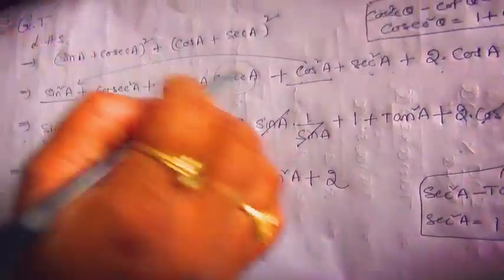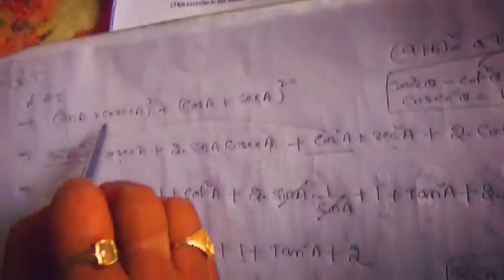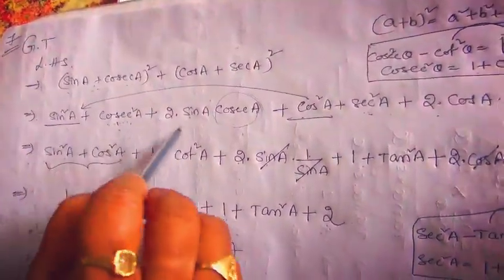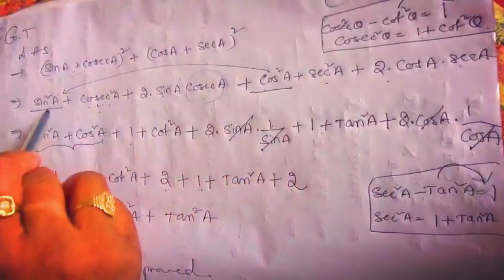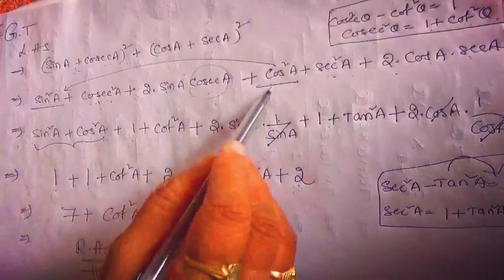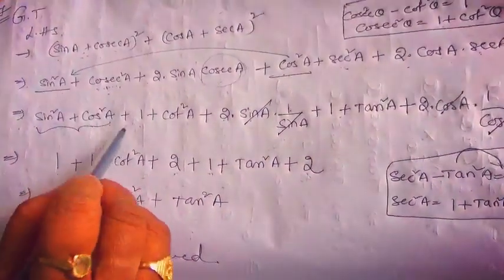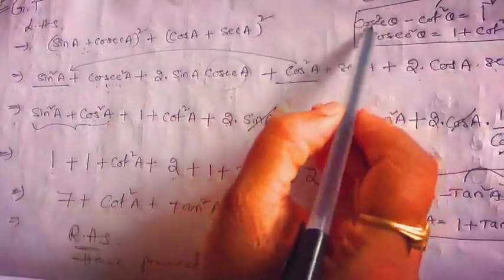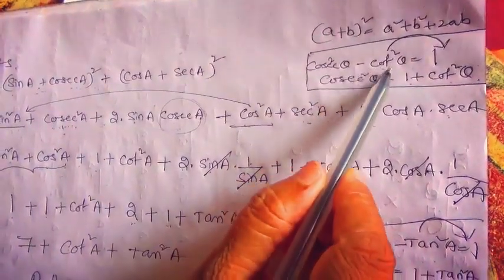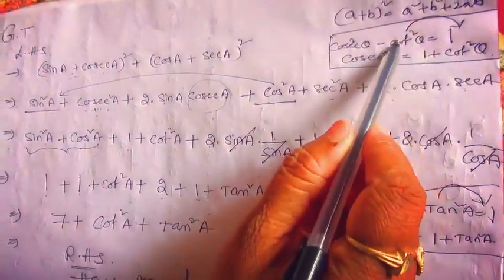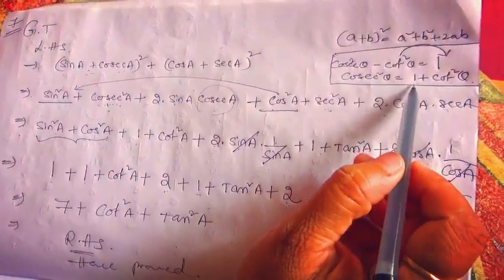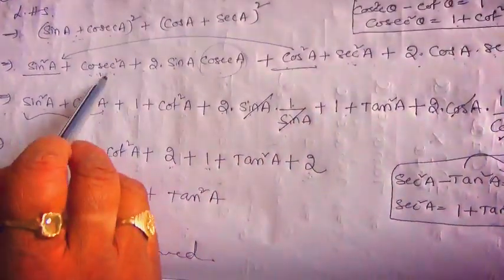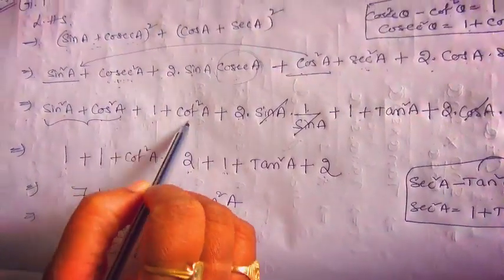Look at here, in this sum, first of all we have to expand this a plus b whole square. Then you write sin square a, cos square a at one place. Plus, by the trigonometric identity cosecant square theta minus cot square theta is equal to 1, you take this cot square theta to the other side. In the place of cosecant square theta, 1 plus cot square theta.